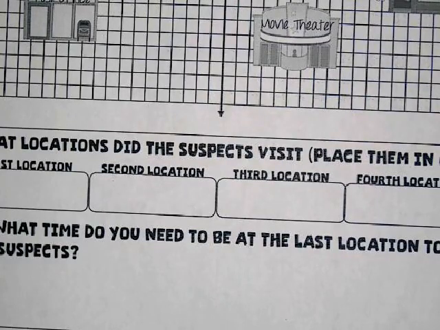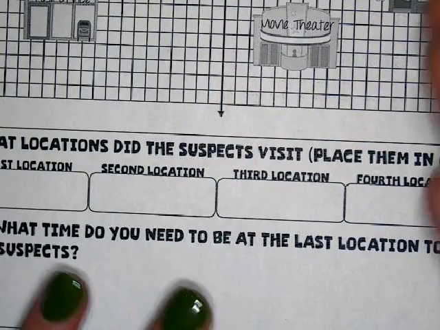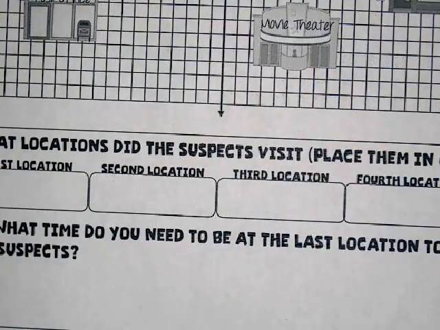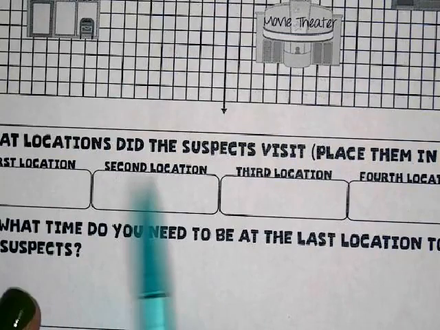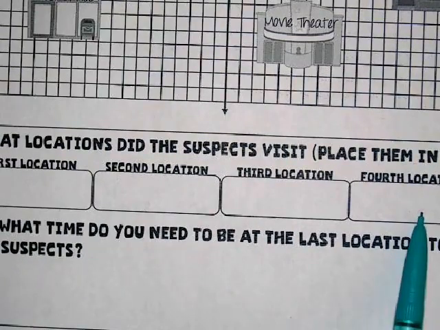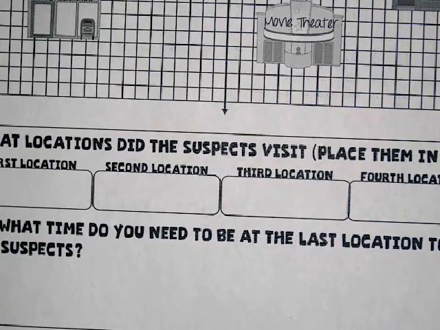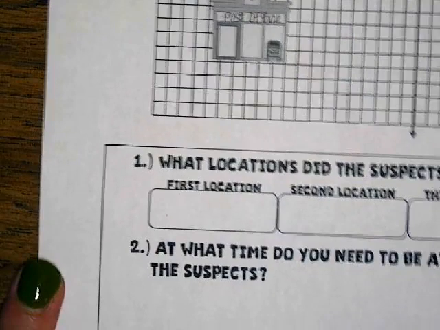So the important thing is you do the problems in order, and then you write down which location they went to first, then second, then third, then fourth. And whatever the coordinates are of that location, that's how many minutes they spent at that location. Does that make sense? Okay. So what we're going to do is write down on here that they were at the bank at 8:52